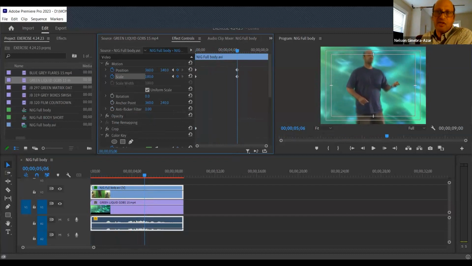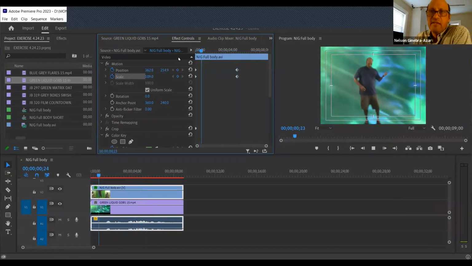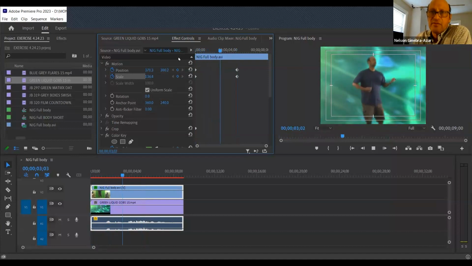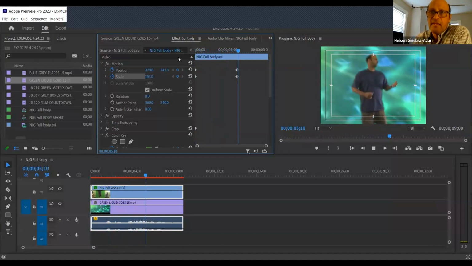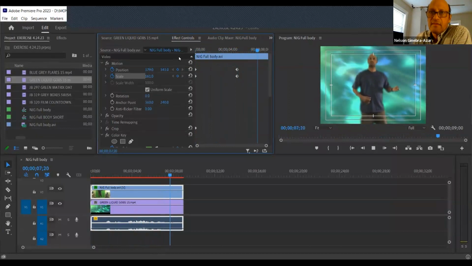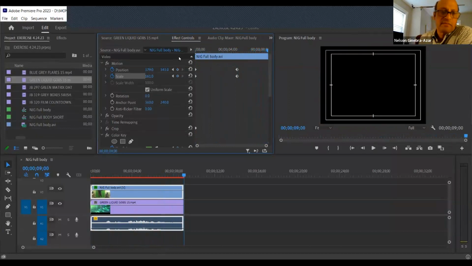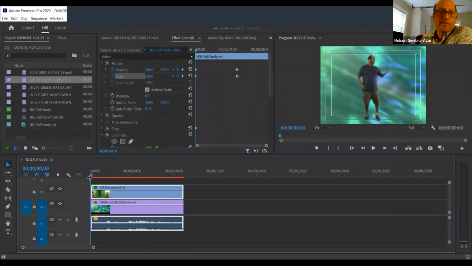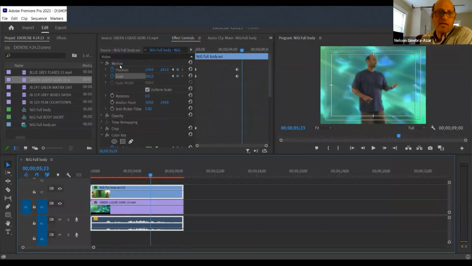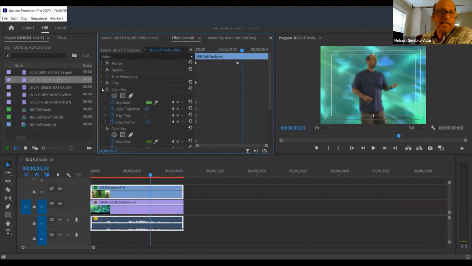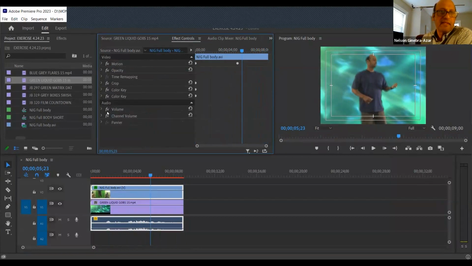It's probably going to get a little softer because this is just some old, standard def stuff. So there I am, doing a little zoom coming up. Looking at my watch. I feel like I'm a little dark. So I'm going to go ahead and actually, again, you're going to have to render all this. I'm going to go ahead and add a little